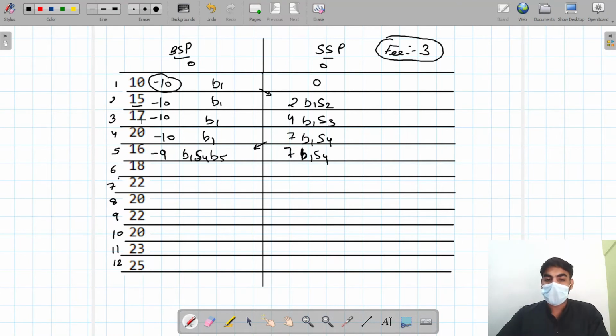I am again repeating what I am doing from the start. Firstly, in the buying state profit, how do we get maximum profit? If we have one extra stock. In the selling state profit, how do we get maximum profit? If we don't have any extra stock. Okay, here in my purse I have 0 rupee. So I buy a stock, it is mandatory. Buying a stock is mandatory, so I am buying the first stock on the first day.